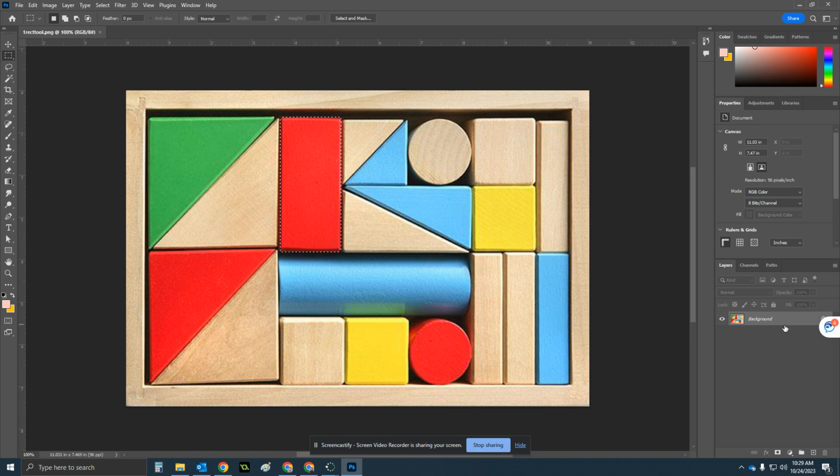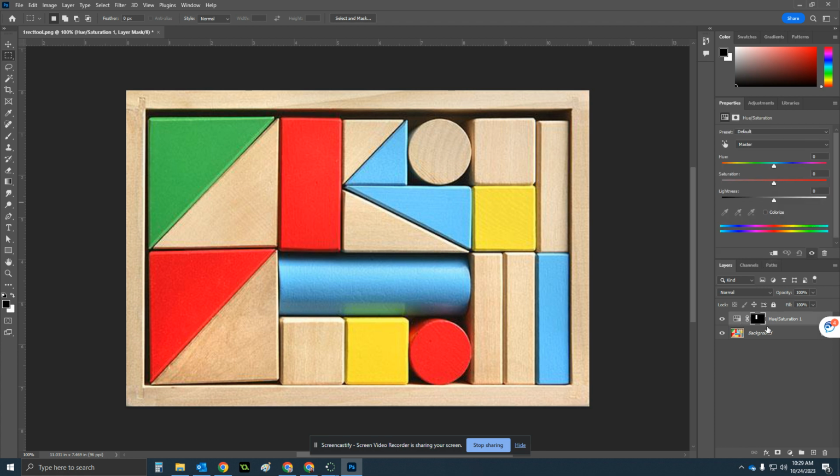You'll see layers down here, you'll see properties, and then you'll see adjustments. What you want to do is click adjustments. These are a bunch of different adjustments. We're going to go through a bunch of them. The main ones we go through are usually hue, saturation, brightness, and curves. Today we're going to do hue, saturation. So if I click on that,